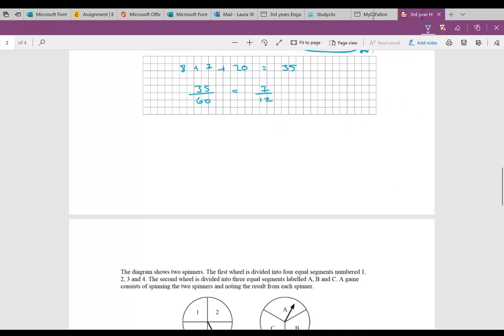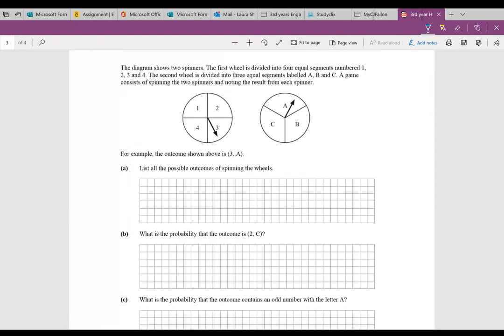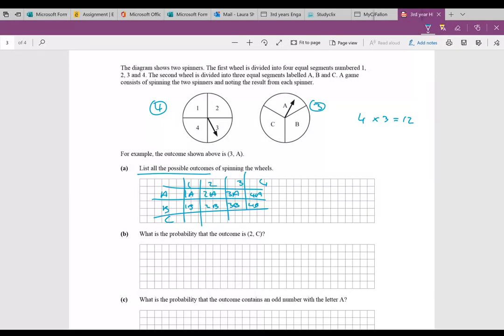Okay, next question was nice and easy. It asks you to list all the possible outcomes. Well, the fundamental theory of counting tells us I have 4 outcomes here, 3 outcomes here. So 4 times 3, I must have 12 in total. Okay, you can do these however you want. You can make a 2-way table if you want. 2, 3, 4, and A, B, and C. And you can do it that way. You can have 1A, 2A, 3A, 4A, 1B, 2B, 3B, 4B, 1C, 2C, 3C, 4C,